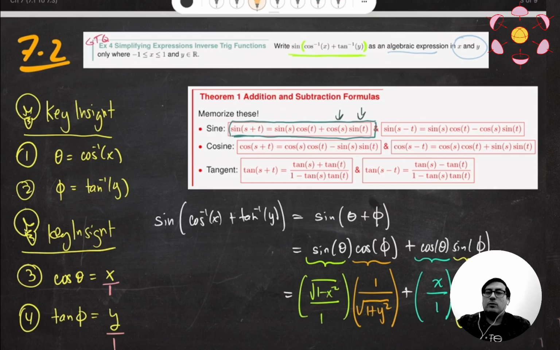Next key insight was to basically rewrite the expression using the theta and phi that we just defined. Use your trig identity, in this case the sum rule, to expand it. And once we have these, we basically go back to these definitions of theta and phi, and because they had the inverse trig functions, well, we can rewrite them in the other way, where you basically move the tangent inverse to the other side of the equation. And these are just as important. They're basically the same info as before,